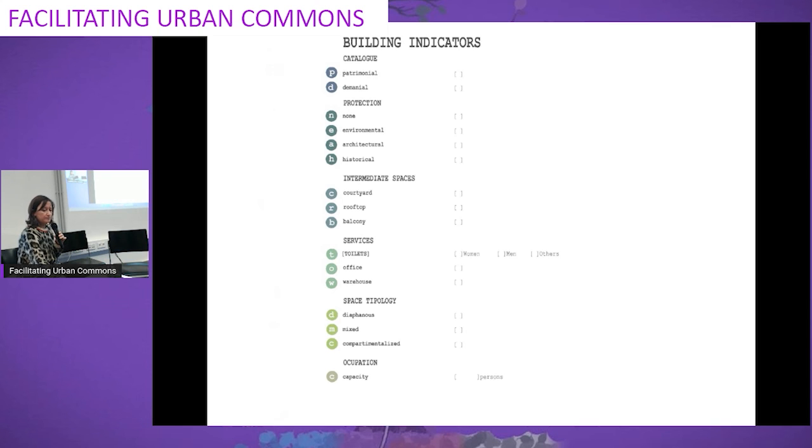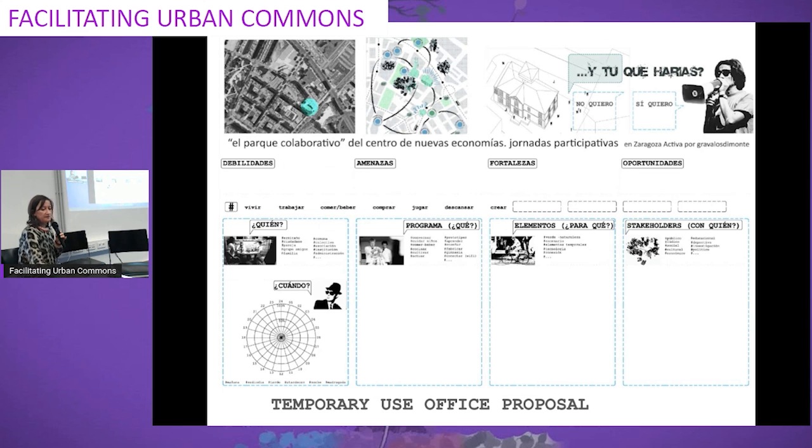And especially have the index about when it's easier or when it's not suggested to reuse one building instead of another. And the final step is the proposal of creating temporary uses offices throughout Europe, engaging citizens and defining all the stakeholders to involve, defining programs, new uses,